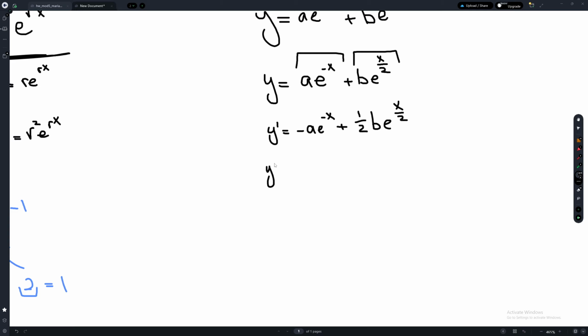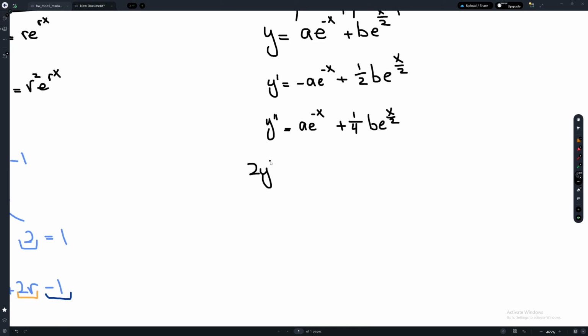Right? Now my second order, I'm going to have to rederive this. So the negative comes down, cancels out with this negative. This becomes a positive, and it goes back to the original. Plus, this still comes down and multiplies by 1 over 2. So this will have 1 over 2 times 1 over 2, which is 1 over 4 b e^(x/2). Now we go to our equation, which is 2y second order, and then y first order minus y